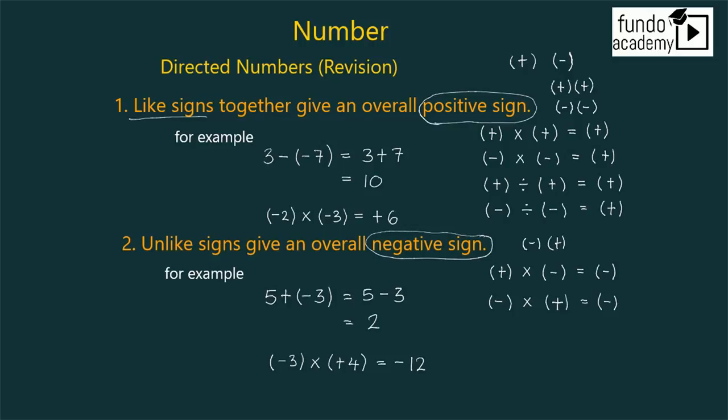This also applies to division, where we have positive divided by negative also giving us a negative. The same applies when a negative number divides a positive number, we also get a negative answer. Right, so let's quickly look at an example. In our example,